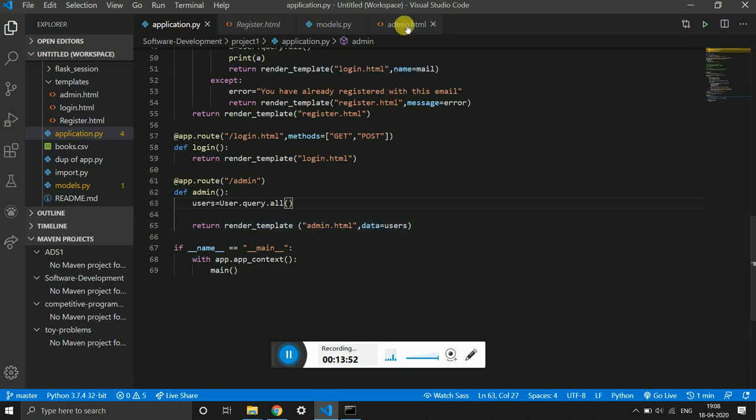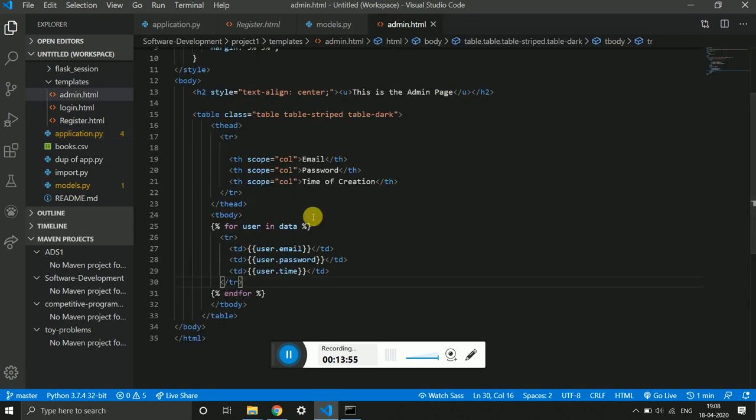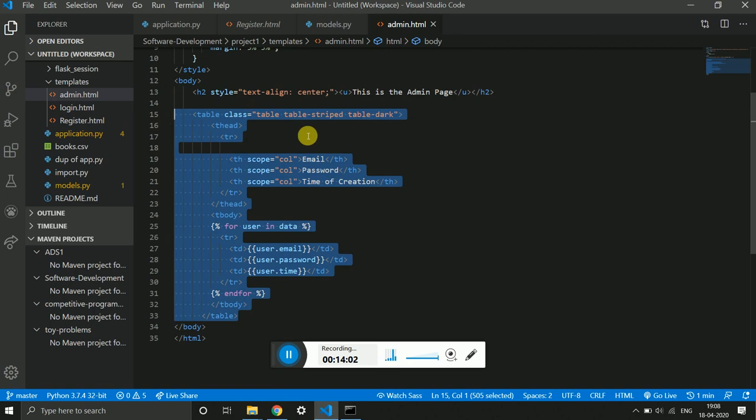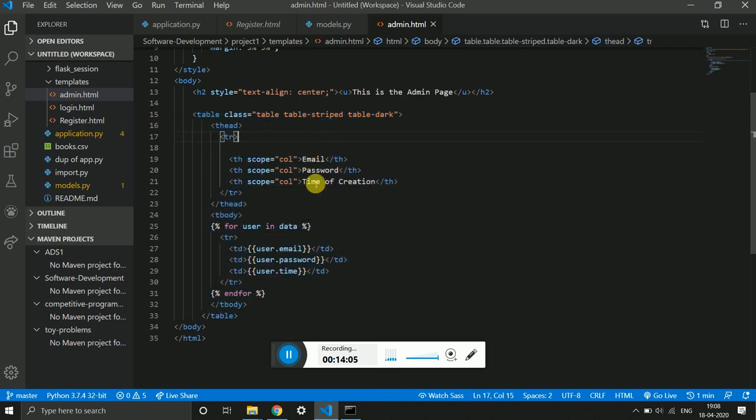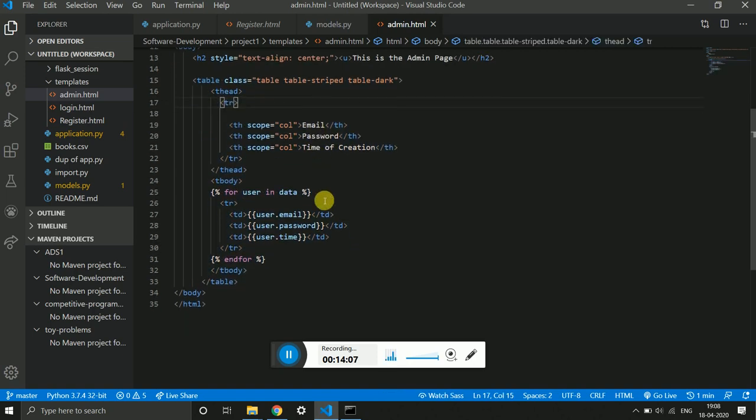So let's have a look at the HTML page. As we all know, this is the normal table form, and these are the columns. So using Jinja2, I have created a for loop, and if the user is given in the data, I will be running this for loop, and for every user I will be adding user.email, user.password and user.type.